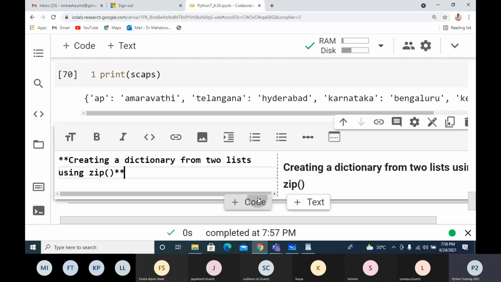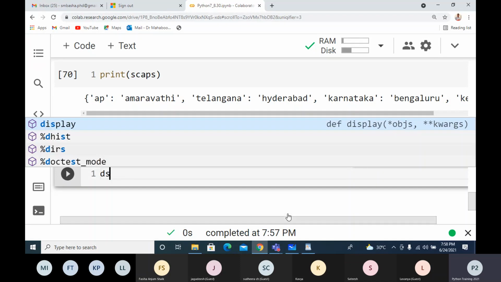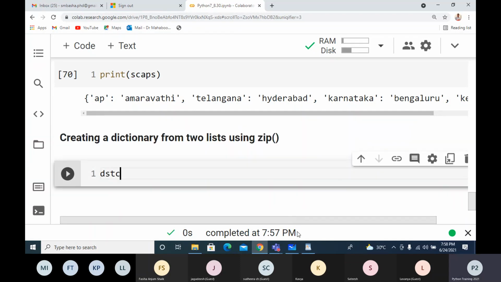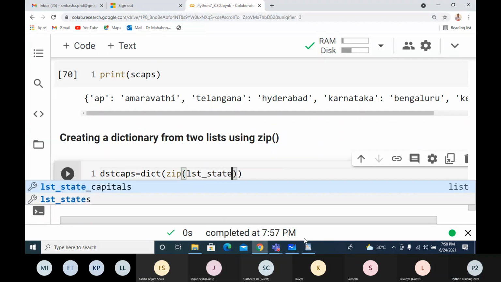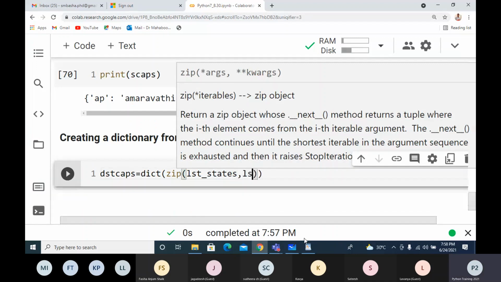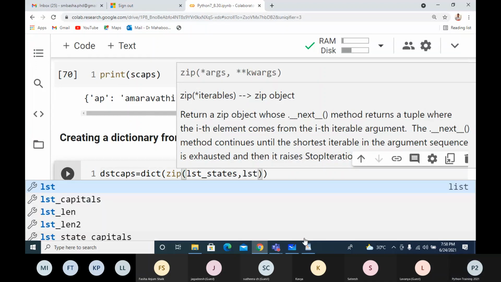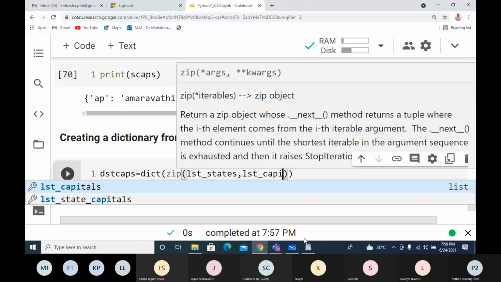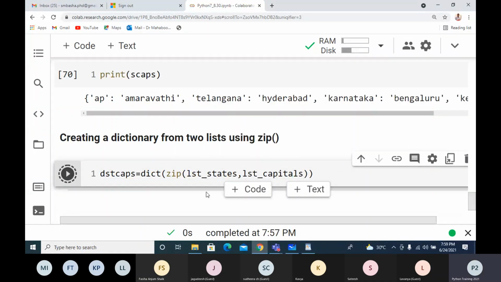So I can say dictionary of state capitals, state caps equals, simply I can say dict. I have to use dict zip, lst states, comma, lst capitals. So this is the fastest way of doing it. So I'm getting the same result.